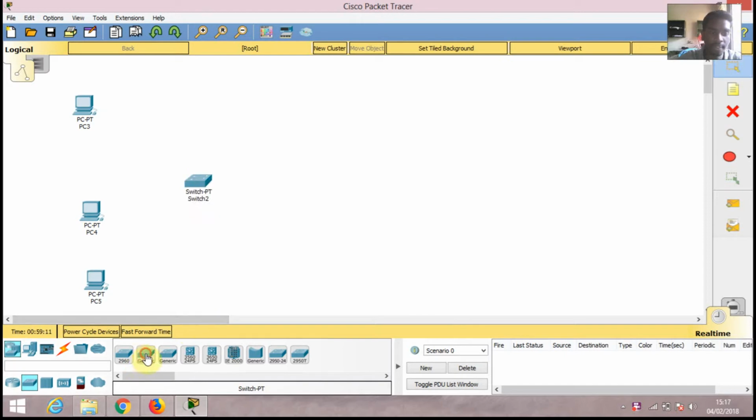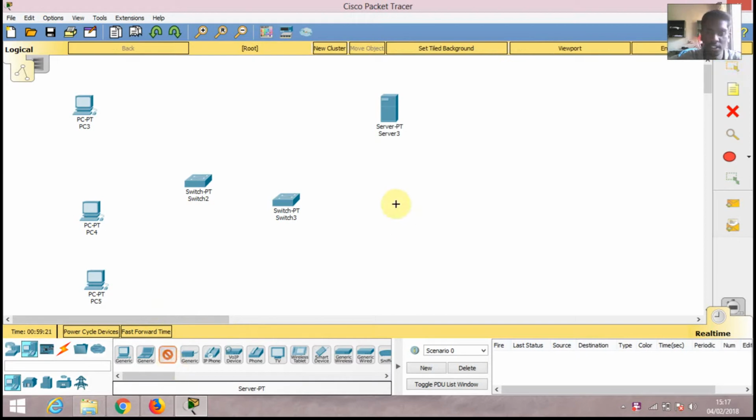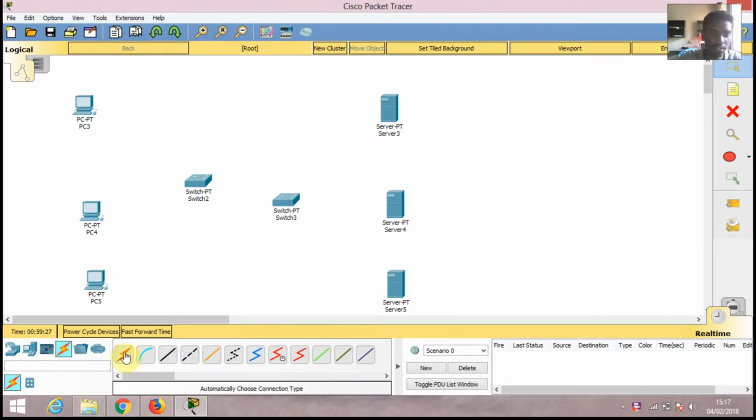switch 1 and switch 2, and again we'll be selecting 3 servers, one server for HTTP, second server for DNS and third server for DHCP. So for connecting this we are going for connection mode, then we'll be using automatic connect type. So first we'll be connecting both the switches, then next we'll be connecting the switch and the server, and again